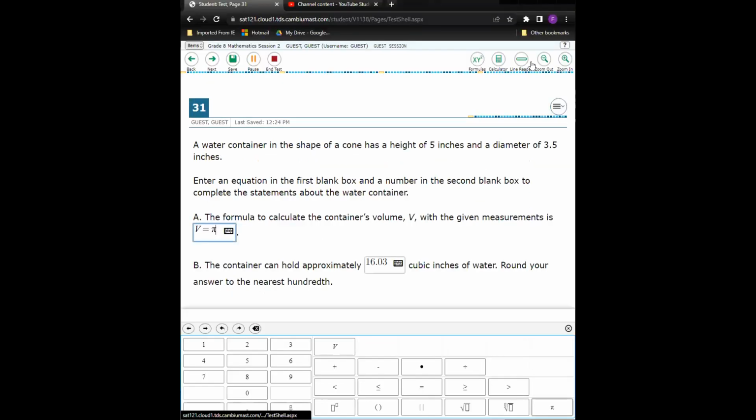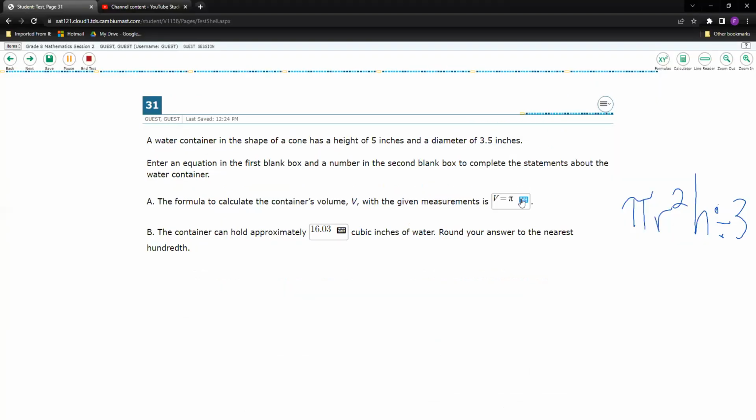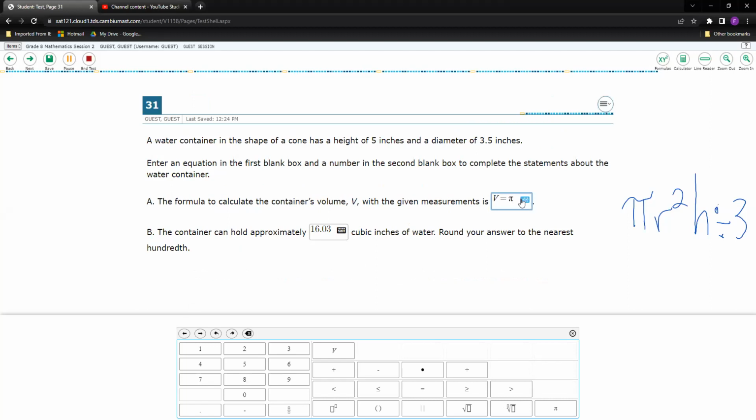I just need to write the formula. Pi times the radius squared. We don't have that. We don't have an R. I wish. So I'm going to say times